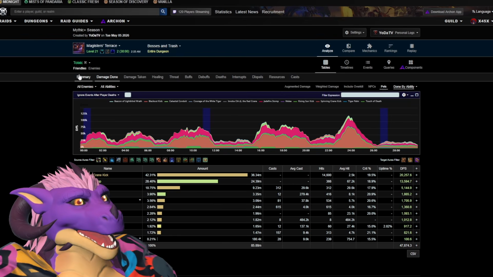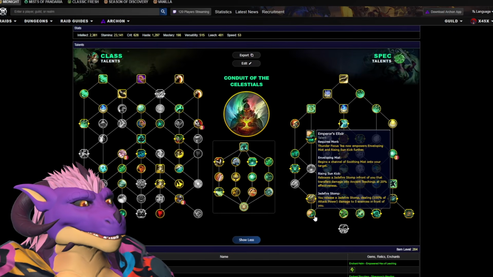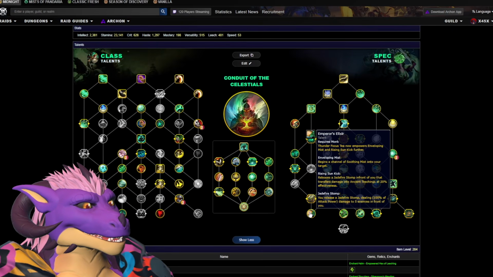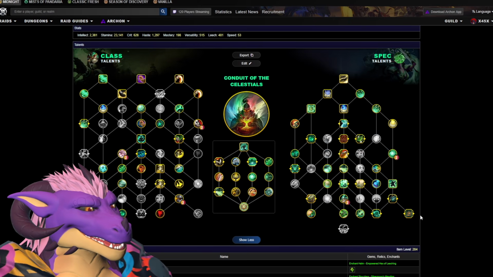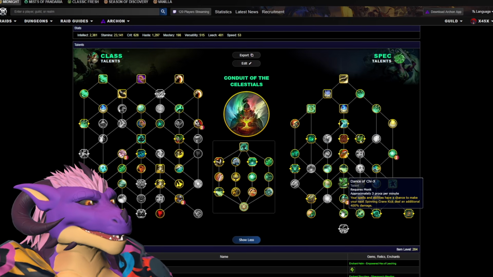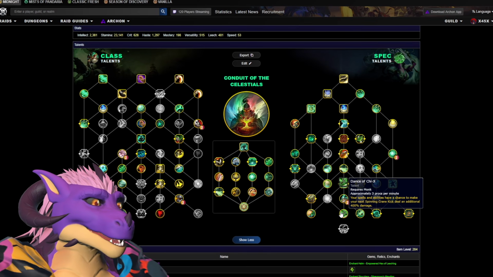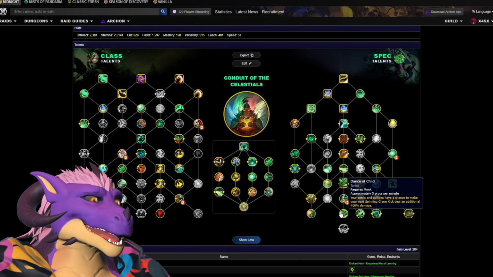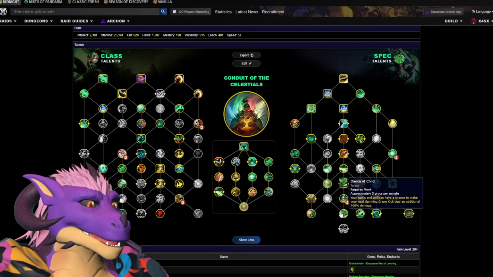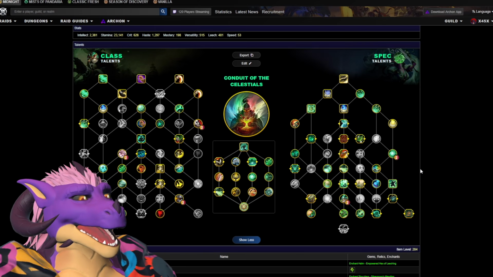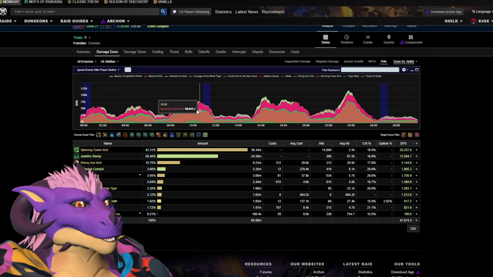And I know she's running the no Apex build, which means she gets those Jade Fire Stomps from her Rising Sun Kicks, as well as gets those Empowered Dance of Chi-Ji Spinning Crane Kicks, which is 400% more damage than normal. You can use Spinning Crane Kick on its own. The fact that you get these boosted ones is crazy. So I already know a little bit about what's going on in the damage department.